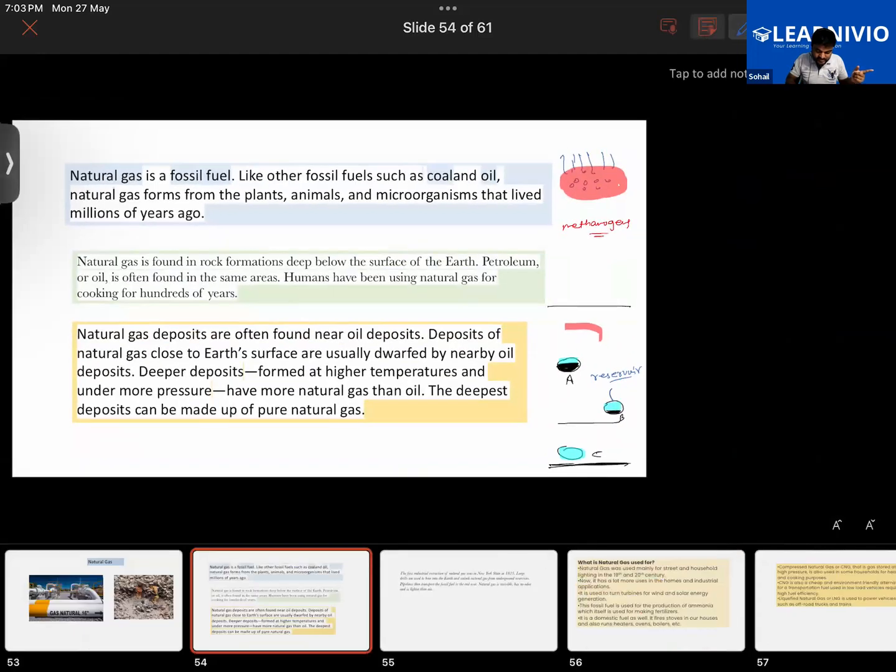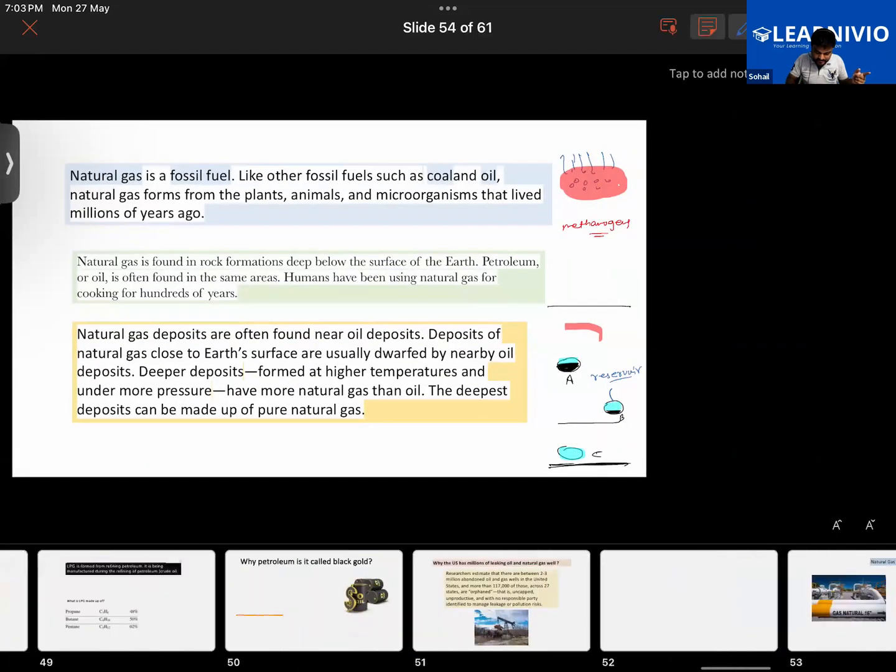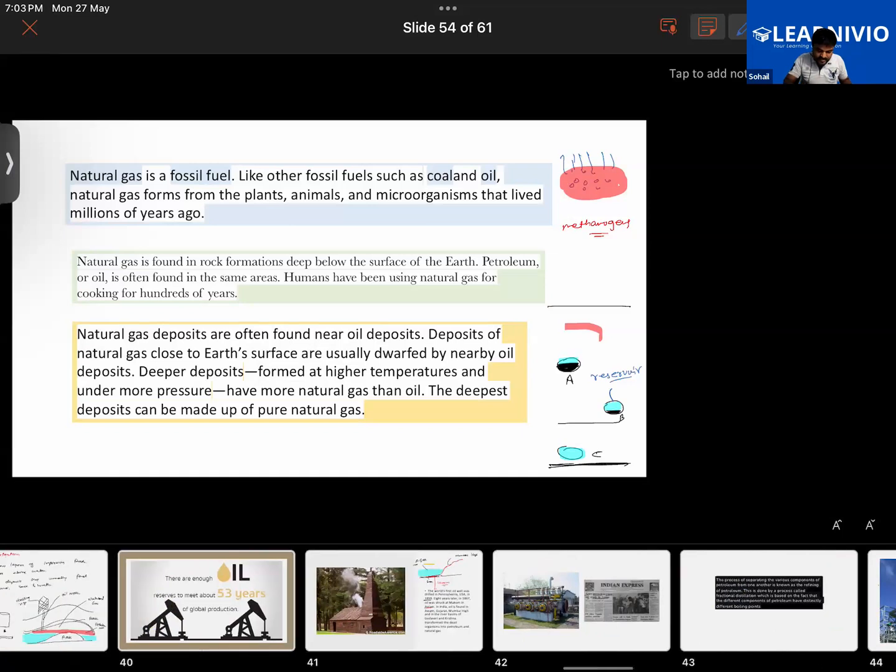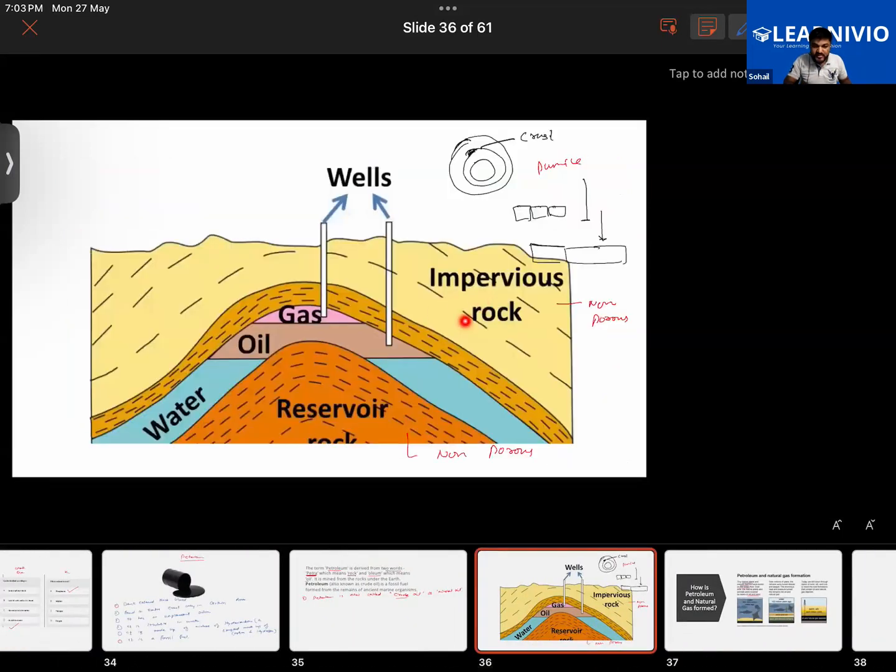no space to escape. Like for example, look at this image. These are the impervious rocks. If they were to be porous rock, what would happen? Gases can leak through those pores. Gases can come out via those pores. But now since it's an impervious rock, those gases that will be coming out from the decaying